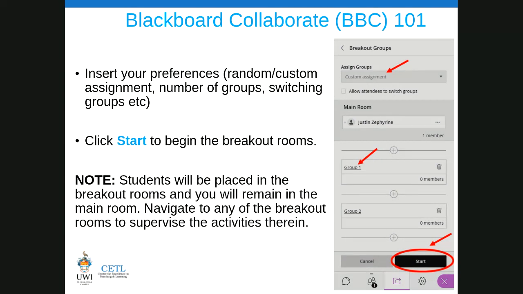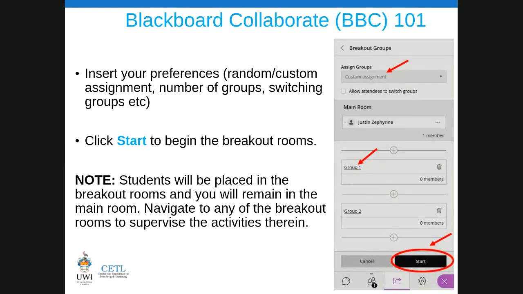All right. And that's what breakout rooms look like. Now, in each breakout group or breakout room, you have a chat that is specific to that group. You also have a whiteboard that is specific to that group, right? So if you were to give students group work to do, that is the way you will go about it in a synchronous environment.